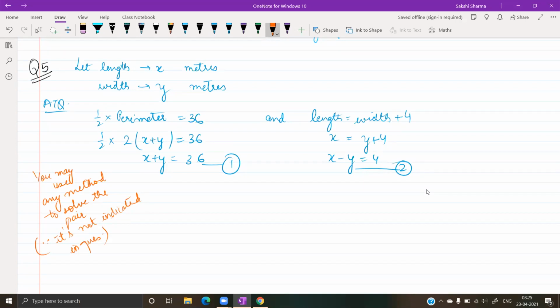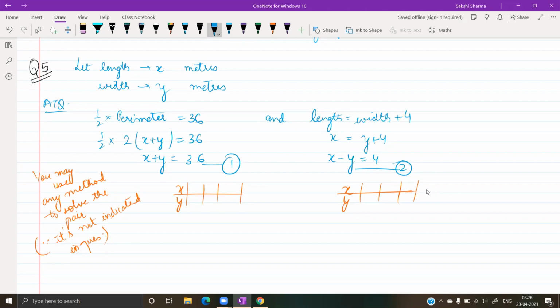So if we use the graphical method, you would have to find out pairs of values. Anyone who has done this already with graph? Okay, I thought so. You can do it with one of the methods that we will be doing later on, and you can come back and solve this question afterwards.